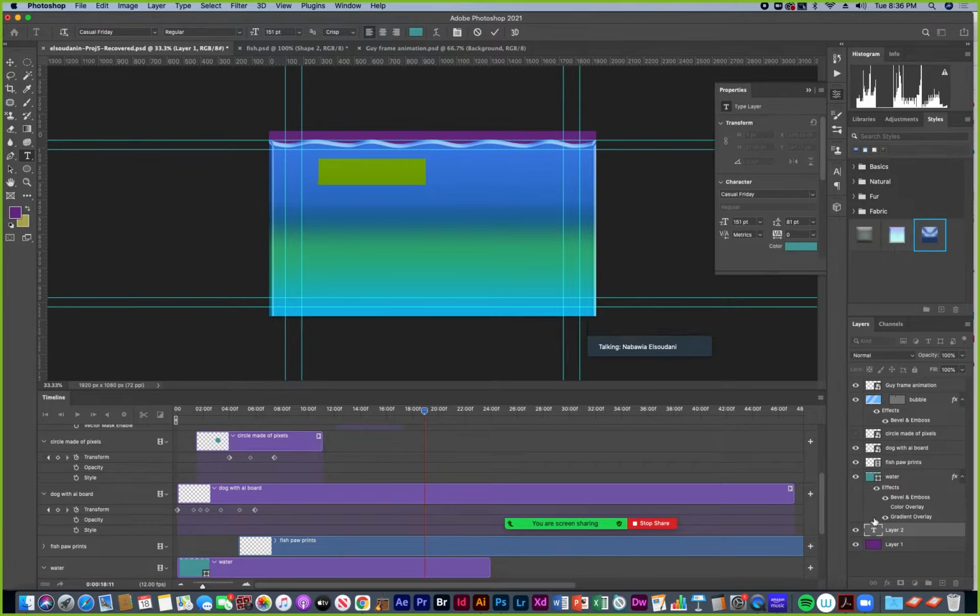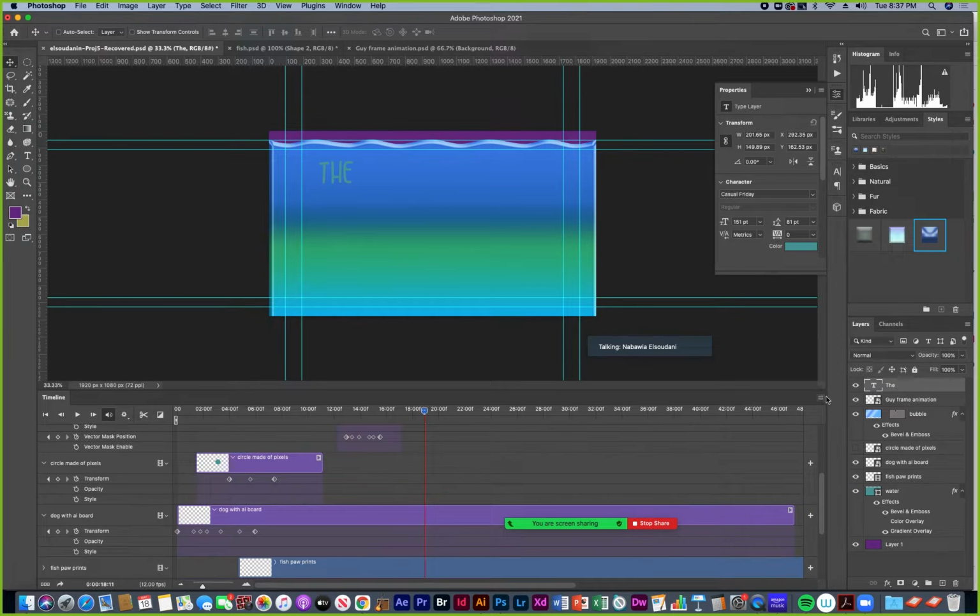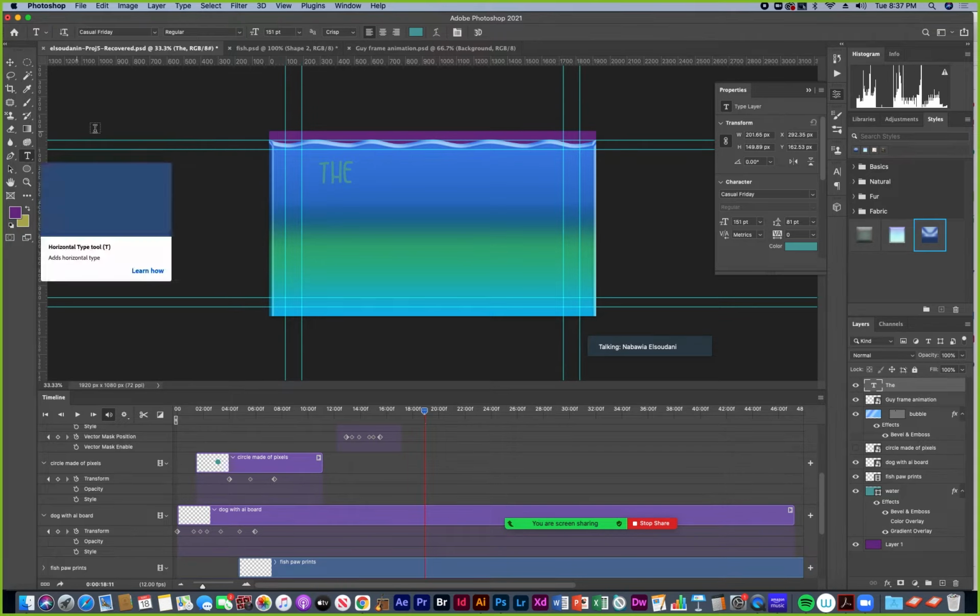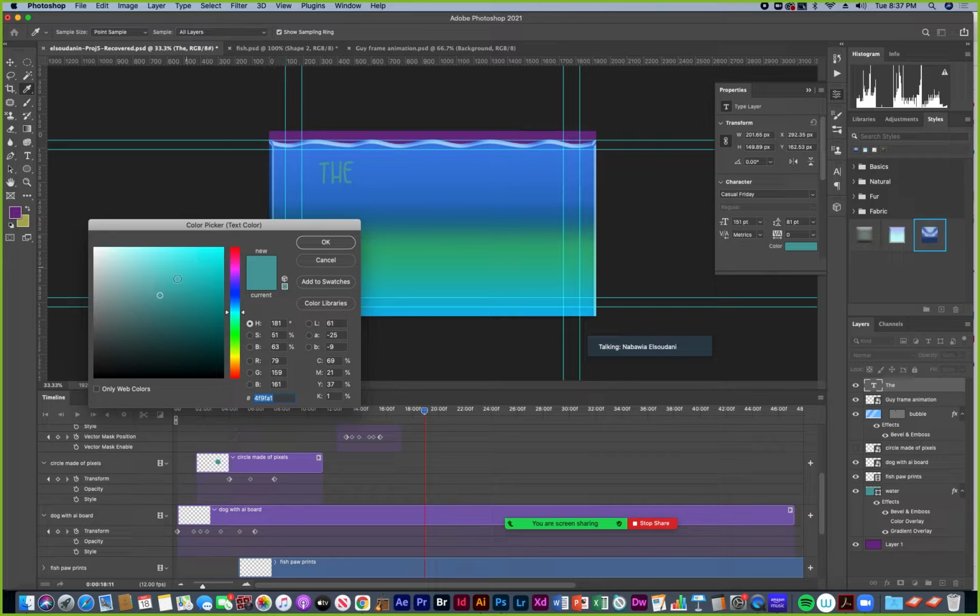And oops, because of where I was selected in the layers, it put the layer underneath everything. I'll just type "the" and go to my move tool, and then I'm just gonna drag the "the" up to the top of the stack. Okay. Maybe I'll choose a different color. So I'll go back to my type tool, choose maybe a darker color that would stand out more. Or a lighter color. Actually, lighter is good.